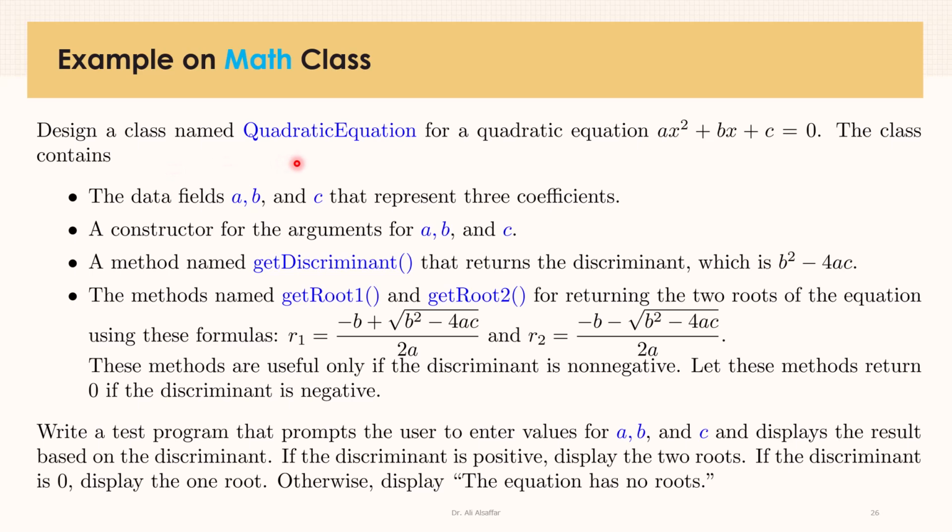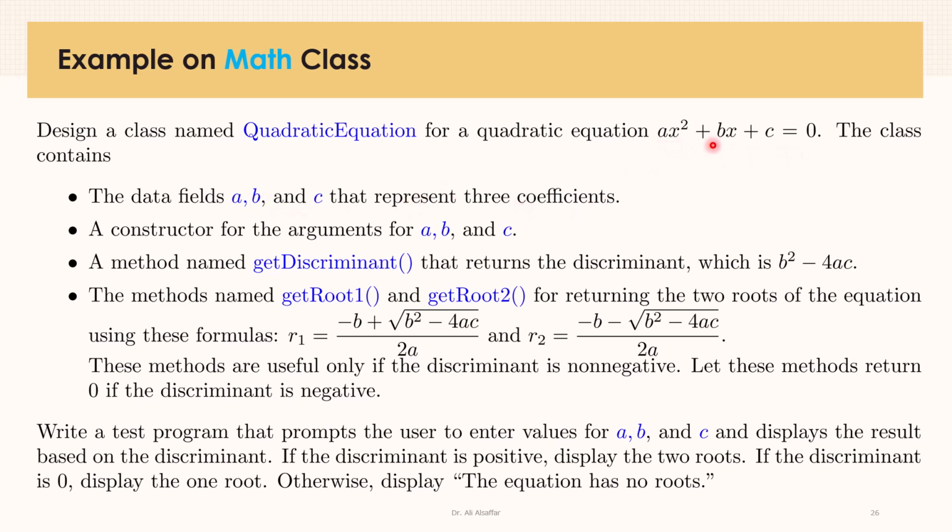Solving or finding the roots of a quadratic equation that has the form a constant multiplied by x squared plus b multiplied by x plus c equal to 0. So we want to find the value of x that makes this quadratic equation equal to 0. It is a quadratic, that means the maximum number of solutions is 2. They are called roots. In the class, we need to define data members a, b, and c for the coefficients